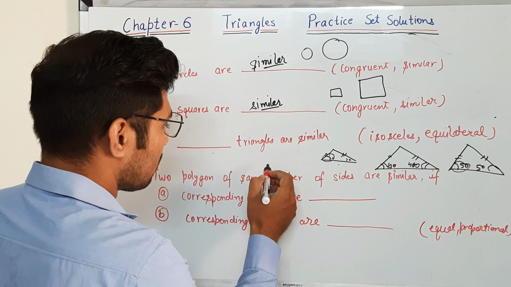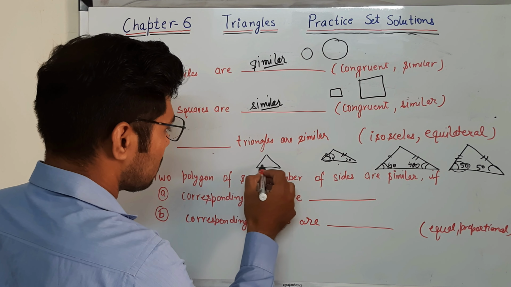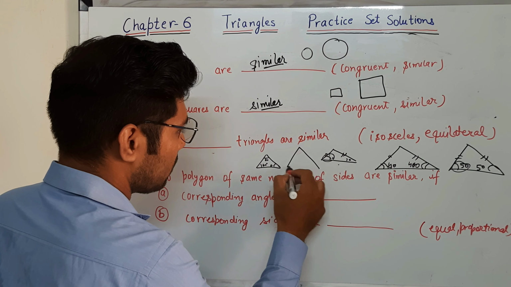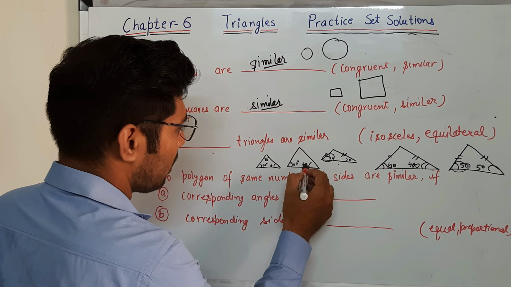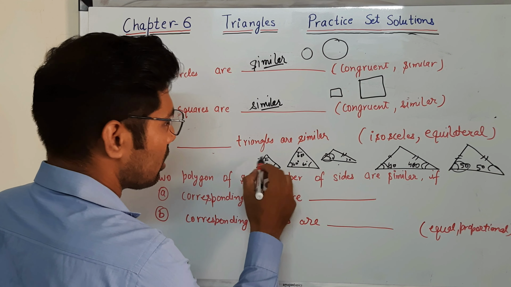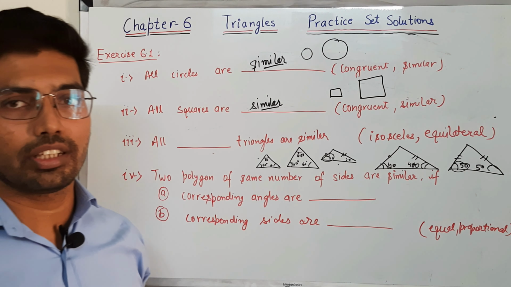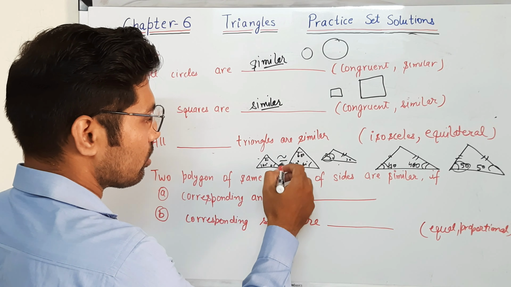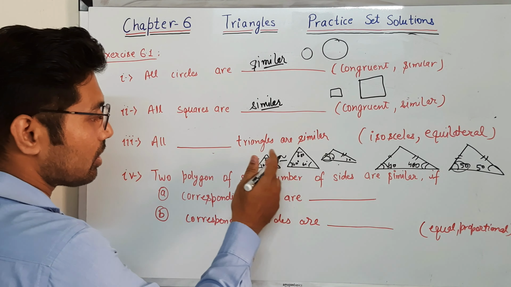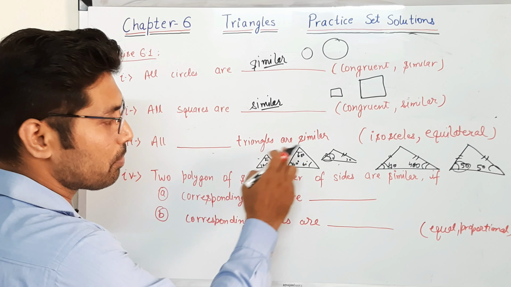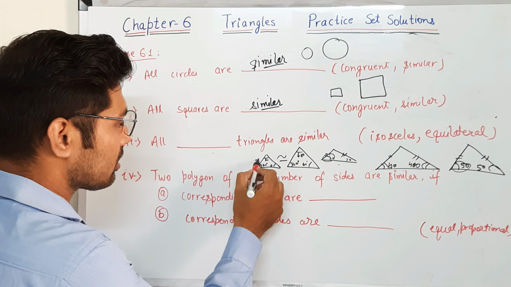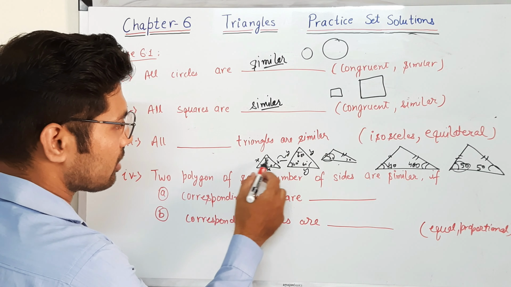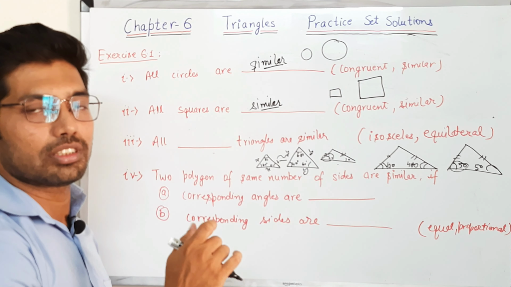Now let's take an equilateral triangle. So this is 60 degree, 60 degree and 60 degree. Now take one more triangle with all angles 60 degree. In an equilateral triangle we know all angles are 60 degree and all sides are also the same length. So these are similar because the sides are in the same proportion. For example, this is x, this is x, this is x, and this is y, this is y, and this is y. So you can say x upon y, x upon y, x upon y. This is always the same.